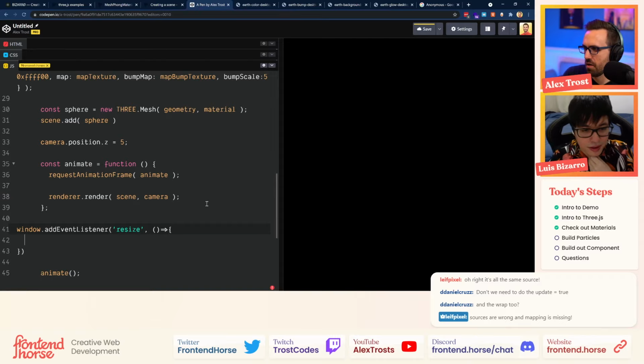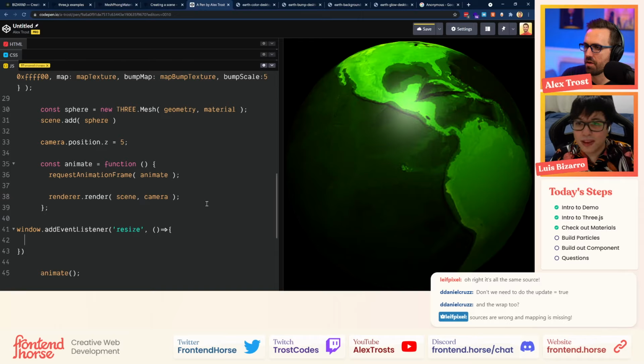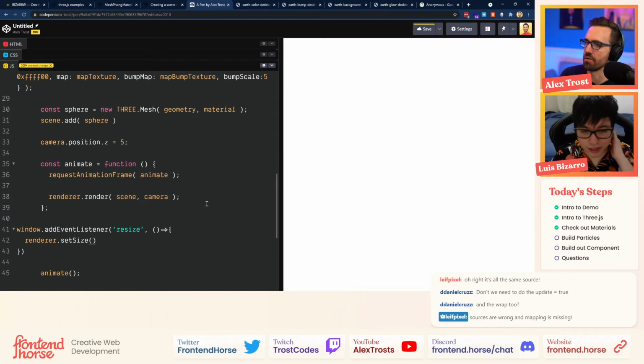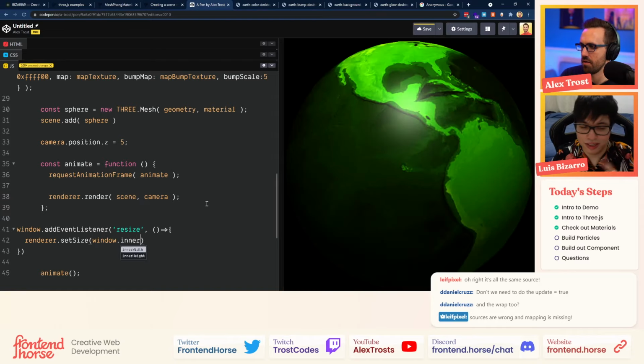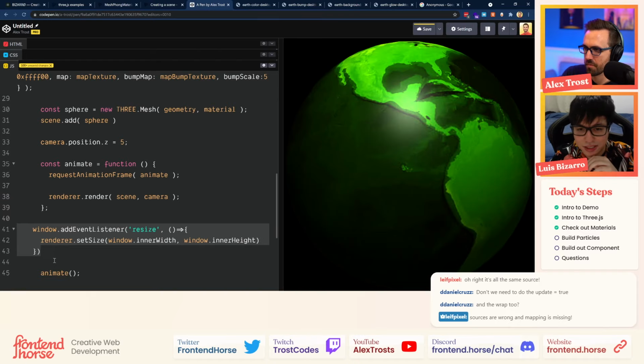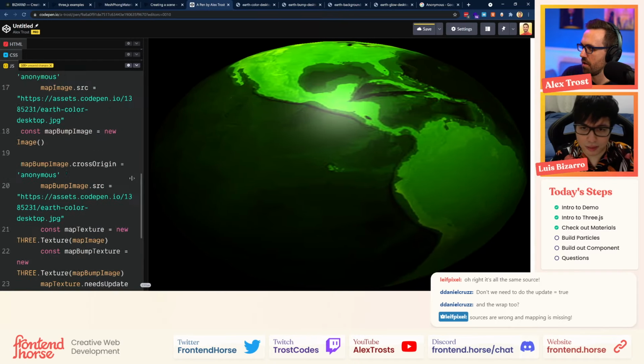And then renderer.setSize, and you can pass the width of the browser, window.innerWidth, and comma window.innerHeight. That should just take care of it.